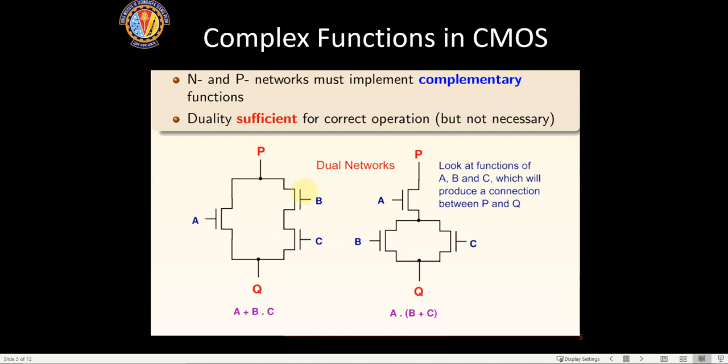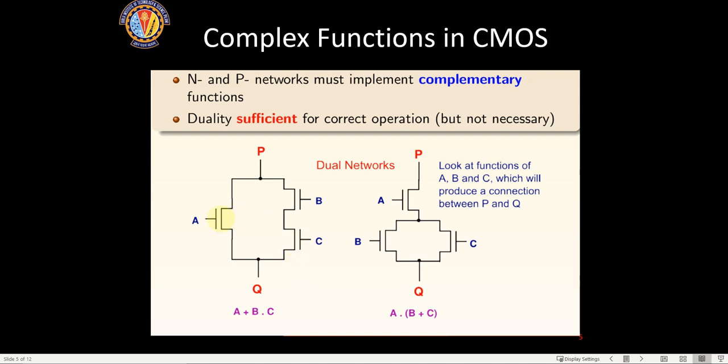Or if B and C are high, then it will be pulled to 0. That is why this is the pull down network and it does this function of A or B dot C. Is this aspect clear? Why is it known as A or B and C, B dot C? If you have a doubt, please ask me.